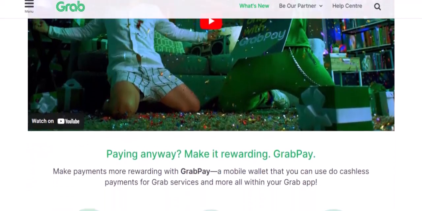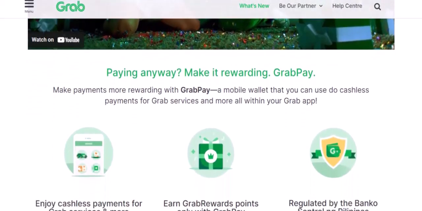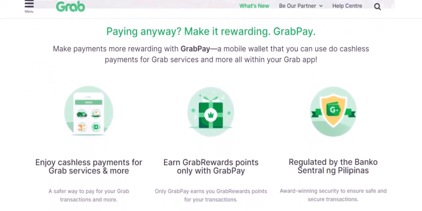Troubleshooting. If you encounter any issues during the linking process, refer to Grab's Help Center or contact their customer support for assistance. Linking your bank account to GrabPay is a quick and easy process that can significantly enhance your Grab experience. With your wallet always topped up, you'll be free to explore the many services Grab offers without worrying about